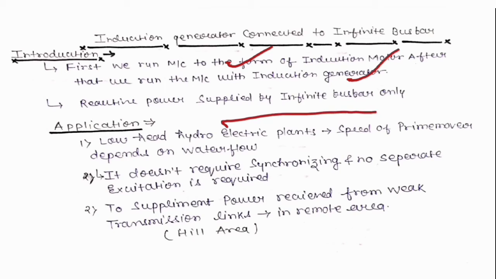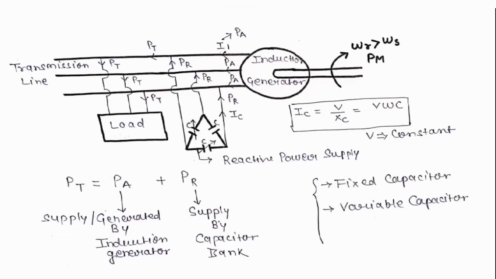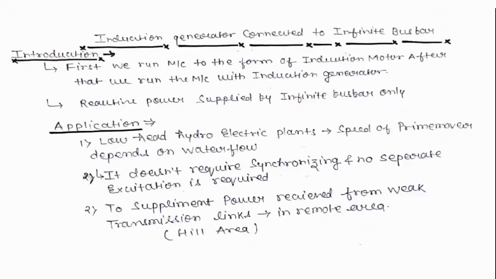So reactive power is supplied by the infinite bus only. Here you see the reactive power will get supplied by the infinite bus only. That means there is no other arrangement given. Here you see there is an infinite bus system. This is the arrangement for the reactive power supply. From the transmission line the supply is given to the generator, and when the generator is producing the active power, it also takes the reactive power, and we will get the apparent power. Okay, we will discuss again actually.